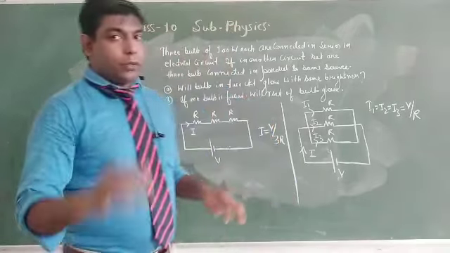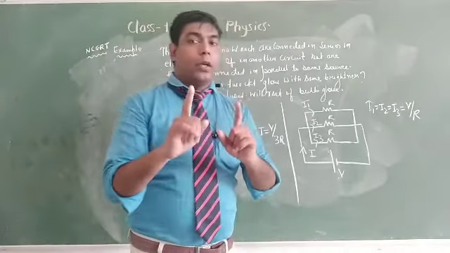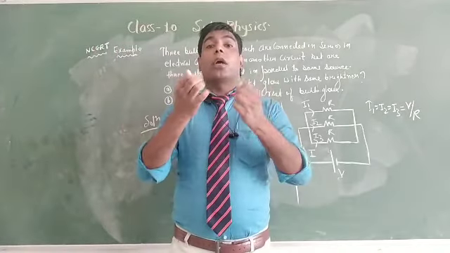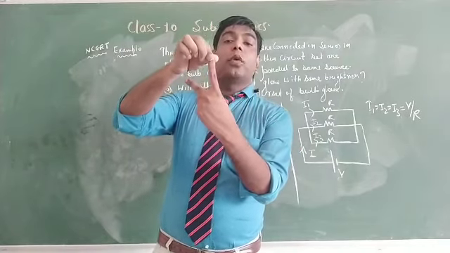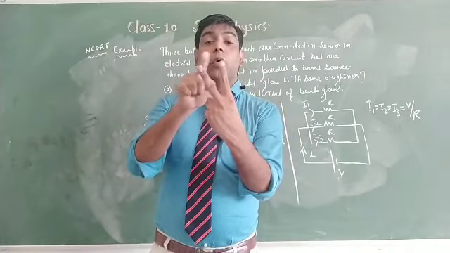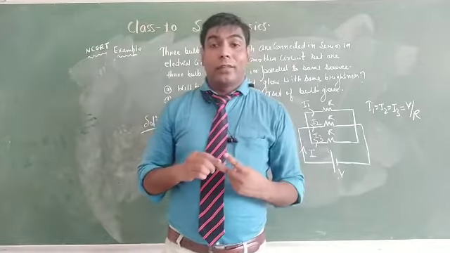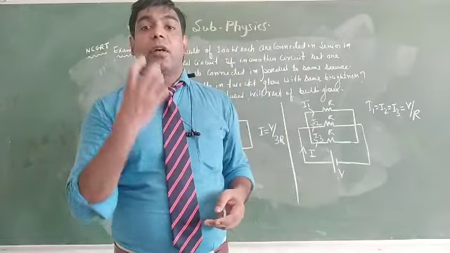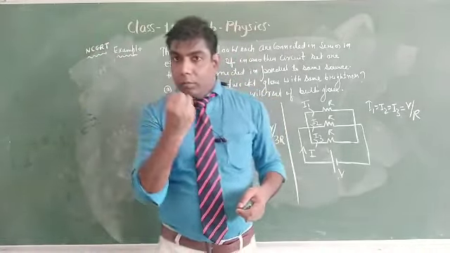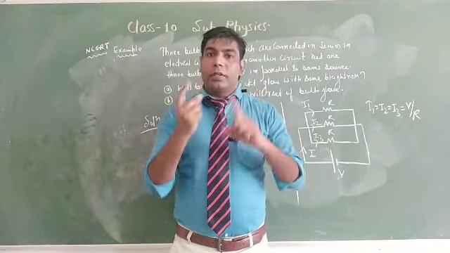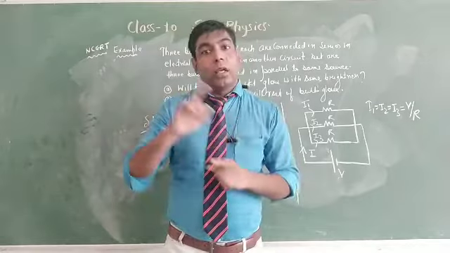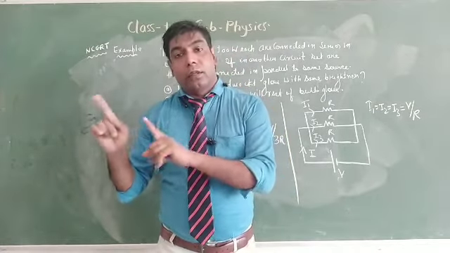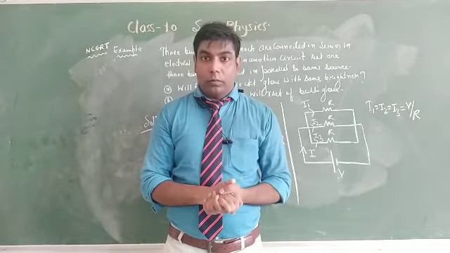So first we will talk about the series circuit. Remember, more brightness means more current. There are 2 bulbs. One is having 10 ampere current, one is having 2 ampere current. So which bulb will glow brighter? That bulb which is having more current, that is drawing more current. So if the series circuit will draw more current, then in series brightness will be more. If the parallel circuit will draw more current, then in parallel it will glow brighter.